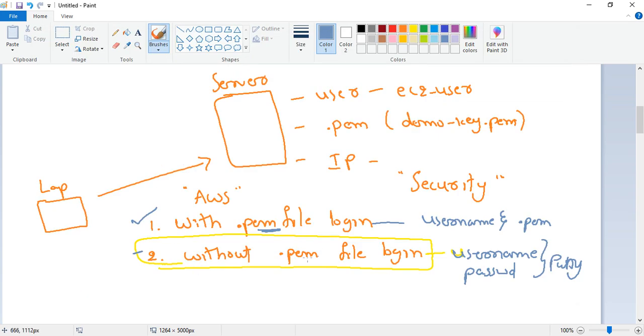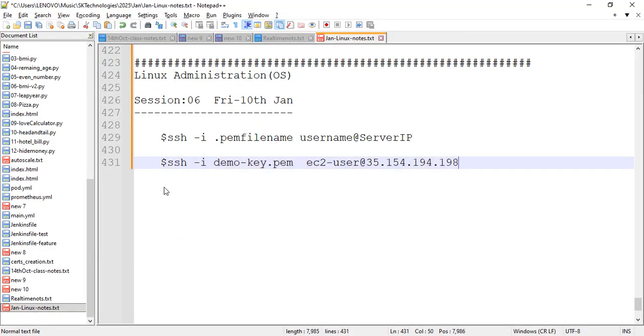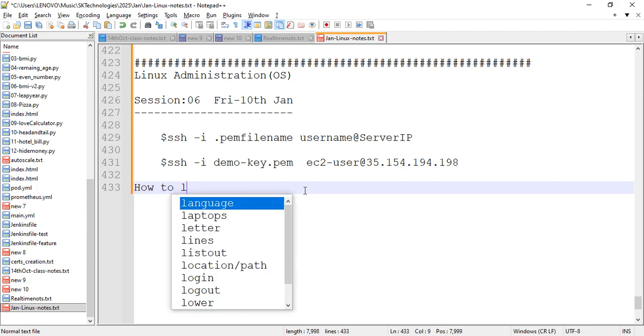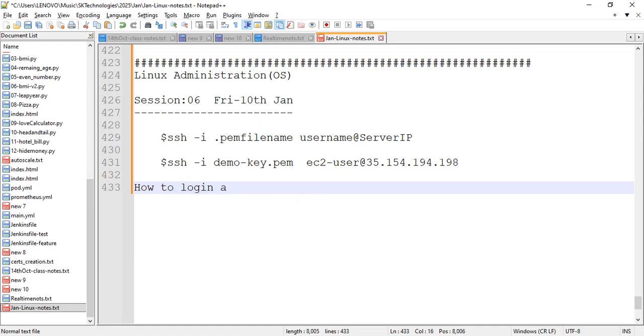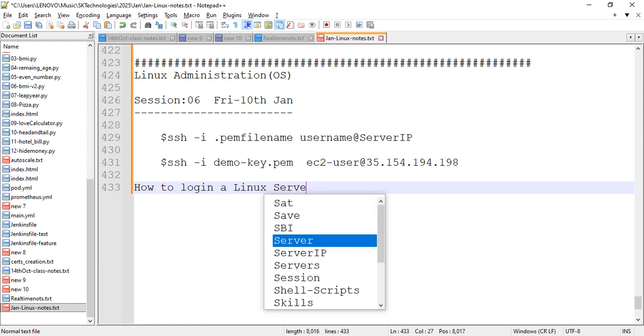Okay, without PEM means no need. You can just go and log in with the username and password. So how to set up this one? I will explain now. Very important, this is not related to Linux. This is AWS stuff, but we are using AWS, right? So you may require the basics of AWS also. Okay, so how to log in to a Linux server